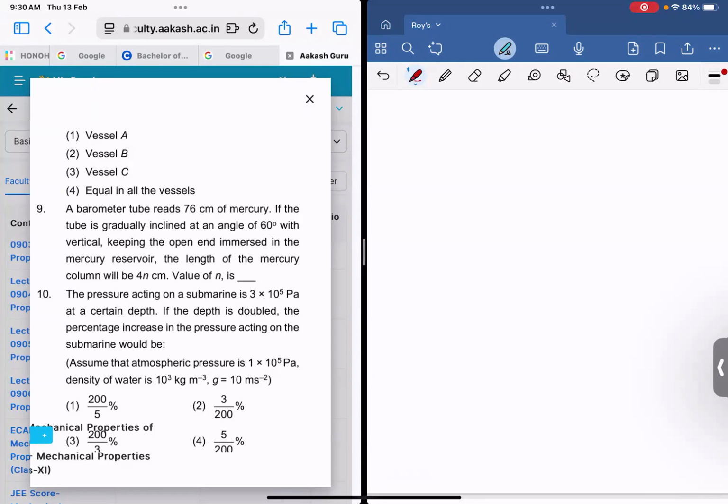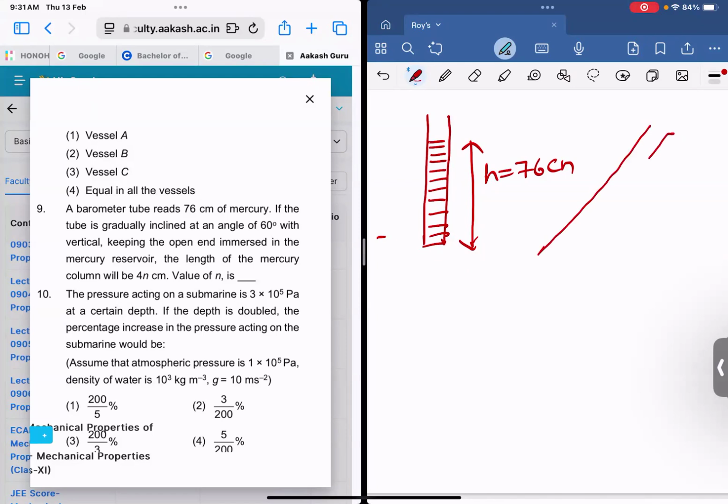If the tube is gradually inclined at an angle 60 degree with the vertical, keeping the open end immersed in the mercury reservoir, the length of the mercury column will be 4n. अब देखो, पहले मर्क्यूरी को ऐसे रखा था, तो इसमें मर्क्यूरी की हाइट है 76 सेंटीमीटर। अब कहता है कि आपने वर्टिकल के साथ इस ट्यूब को थोड़ा सा टिल्ट कर दिया है, और वर्टिकल के साथ ये एंगल दिया हुआ है 60 डिग्री।